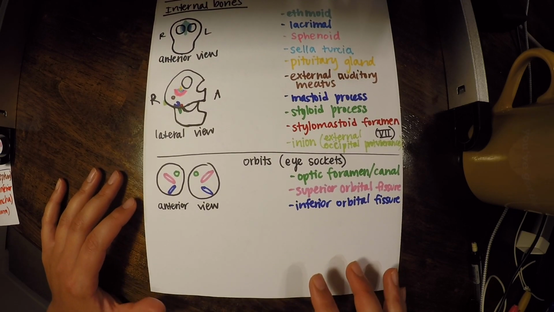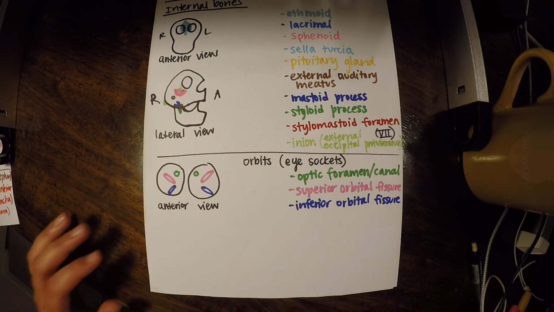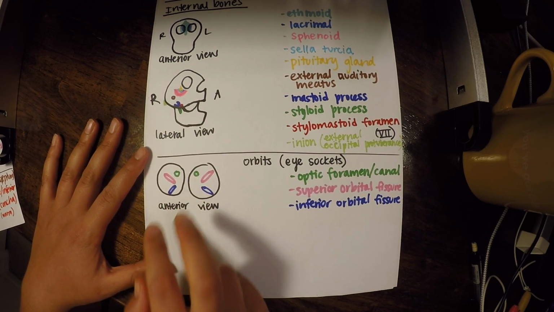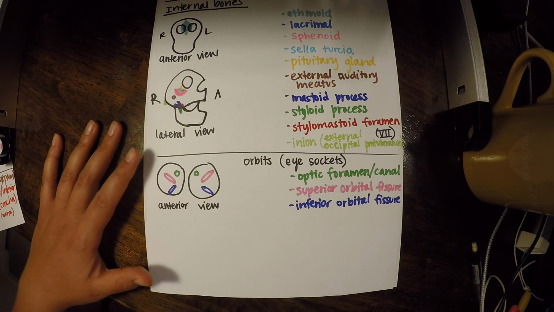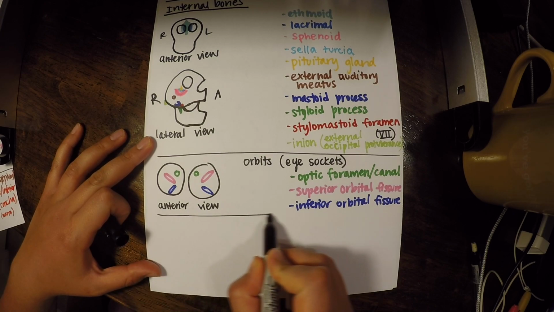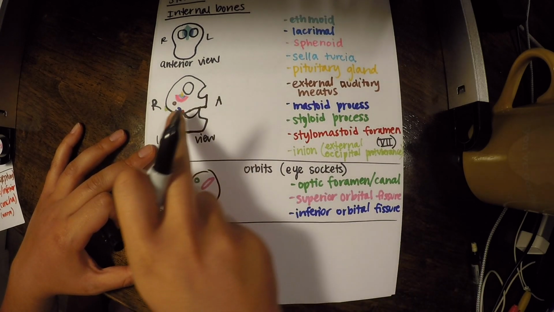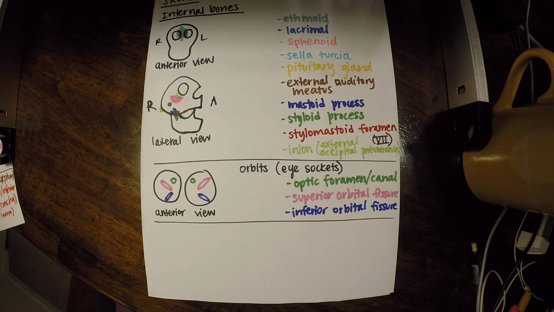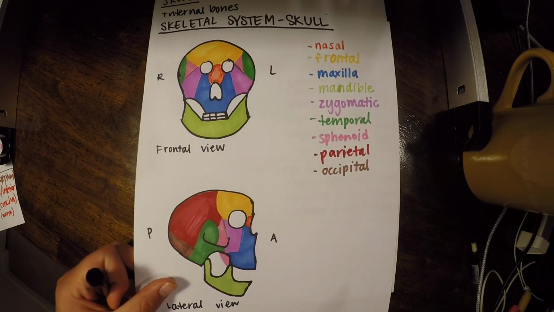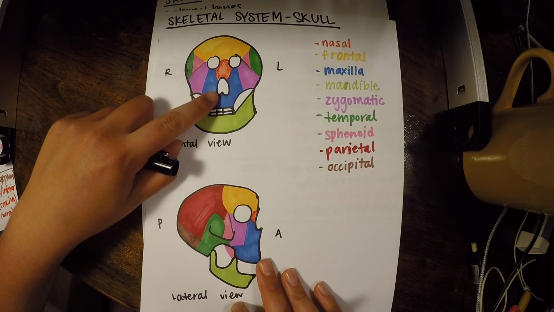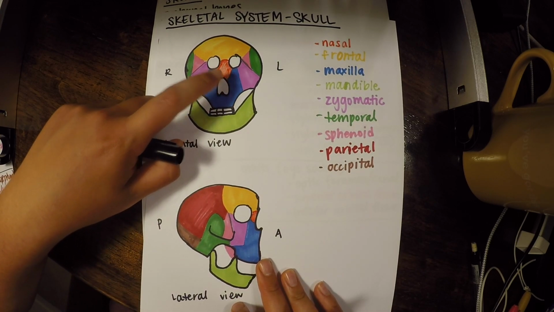Now, let's finish up with just a few more bones. So we looked at the inside of the eye sockets, or excuse me, the eyes. Now I'm going to show you the inside of the nose. You know how we have that opening right about here, and then we also have the opening in our original drawing here, right there, and right here. So I'm going to show you what it looks like inside the nose if we're looking through it.